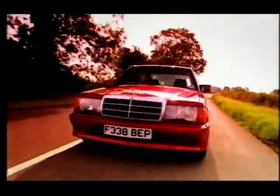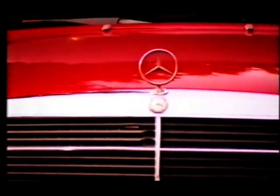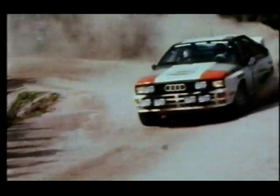Of course, every potential classic should have a good story attached to it, and that's the case with this Mercedes, because we got this car by default. Basically, Mercedes developed the 190e 2.5 16 Cosworth to go rallying, but just as they were ready to launch it onto the rally scene, Audi brought out the Quattro, and that changed everything. Without four-wheel drive, the Mercedes would have been absolutely hopeless. So they abandoned their plans to go rallying and decided to produce this road